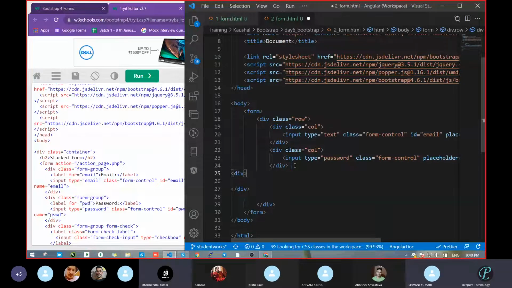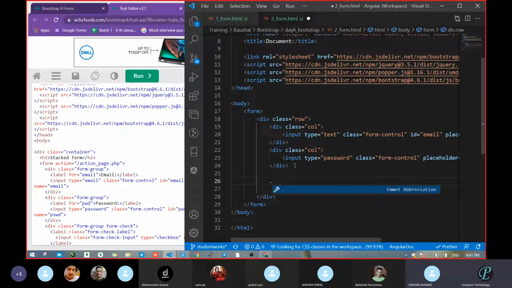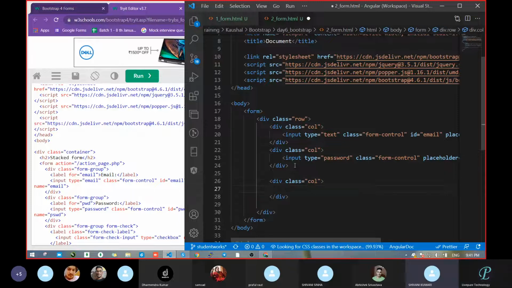Remove this div completely. Without div, sir. See, just pass a dot and what do I have to take? Call. Call. Enter. It came. Yes, no sir, you do not need to write a div. Just pass a dot and then it will auto come.